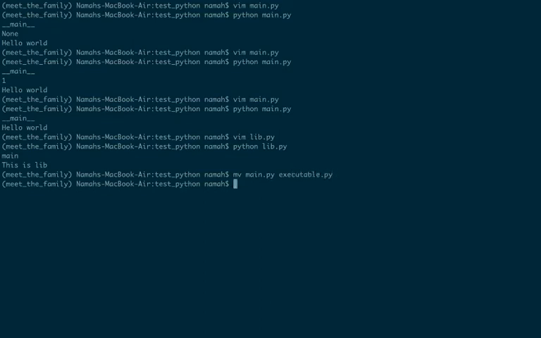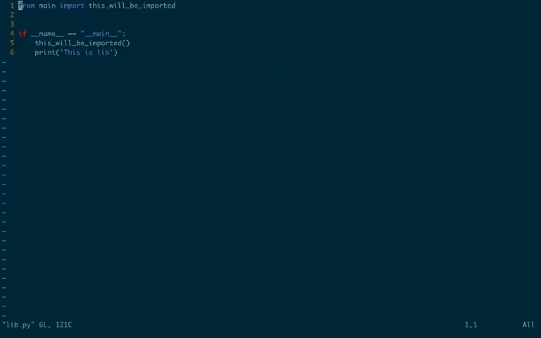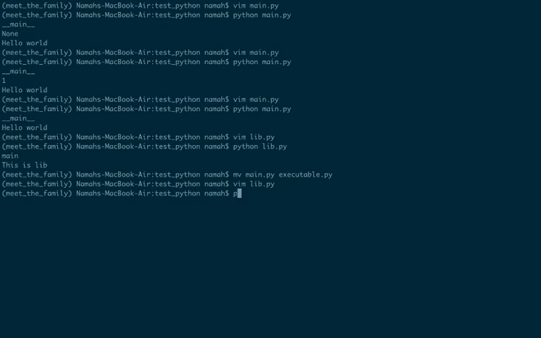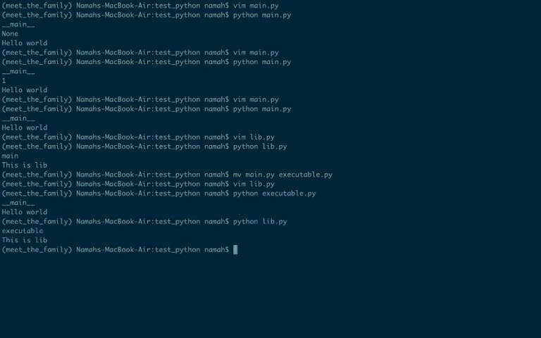And now let's go into lib.py, and since main does not exist, from executable import this. So if we do python executable.py, we get the name __main__ and we get hello world. But if we do python lib.py, we get executable.